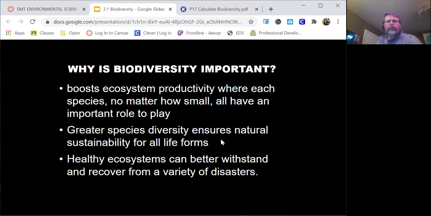Some animals will be able to travel back into that area having left it during the fire. So the more different species that are involved, the more likely they can, as an ecosystem, survive and recover from